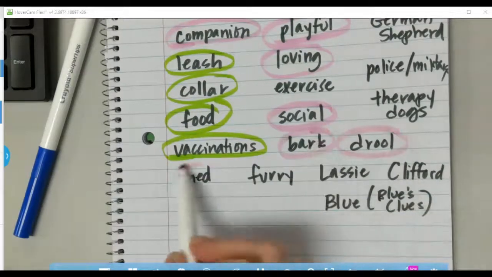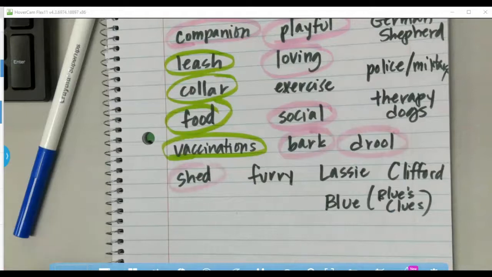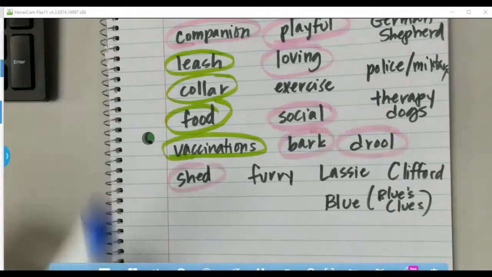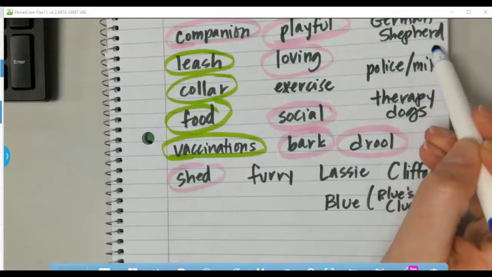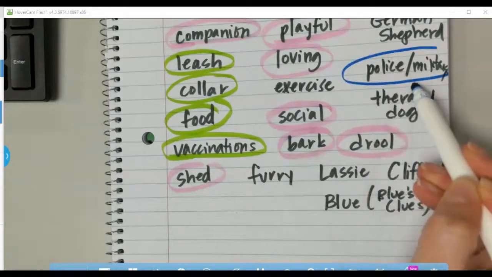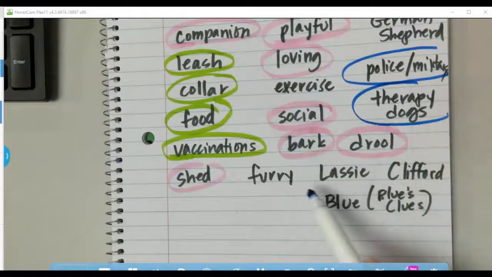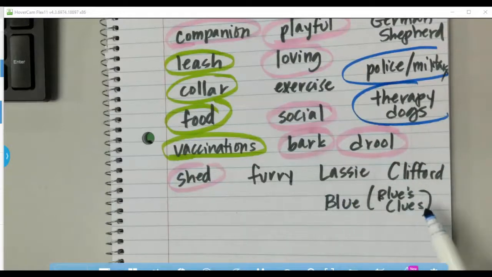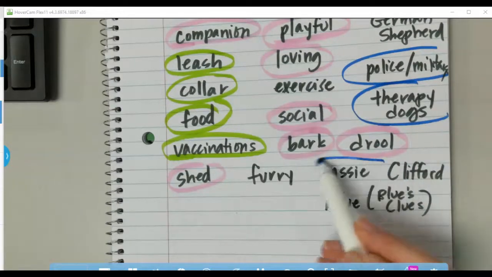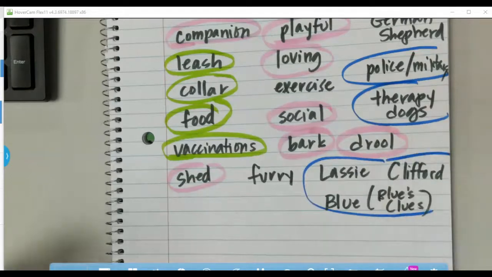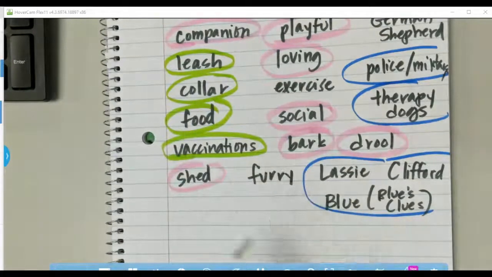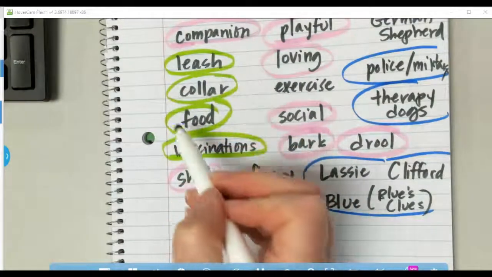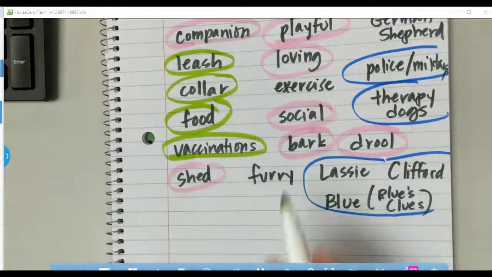Bark, drool, shed. And then when I think about others, I might think about police and military, therapy. I might even include these famous dogs. I'm going to show you, when I think about these green pieces, when I think about what all these things have in common, what is the category that they would fit into,